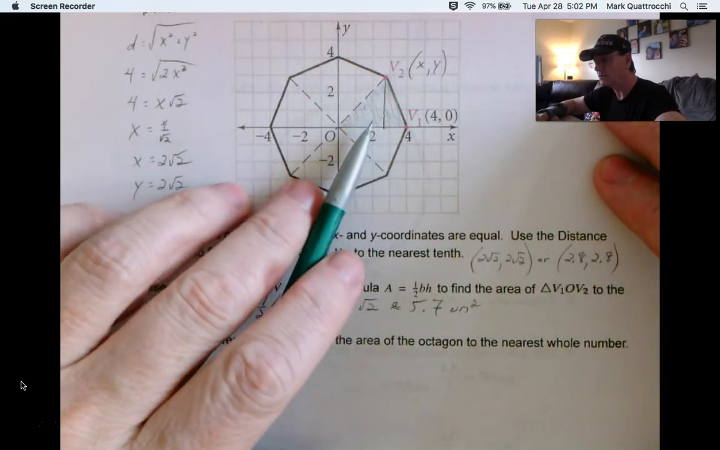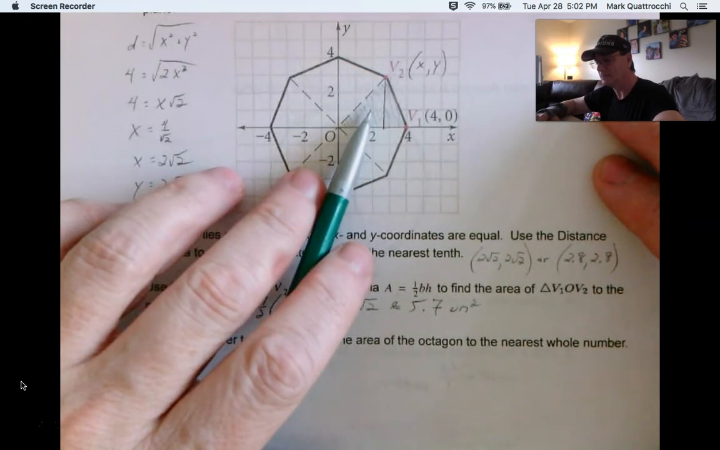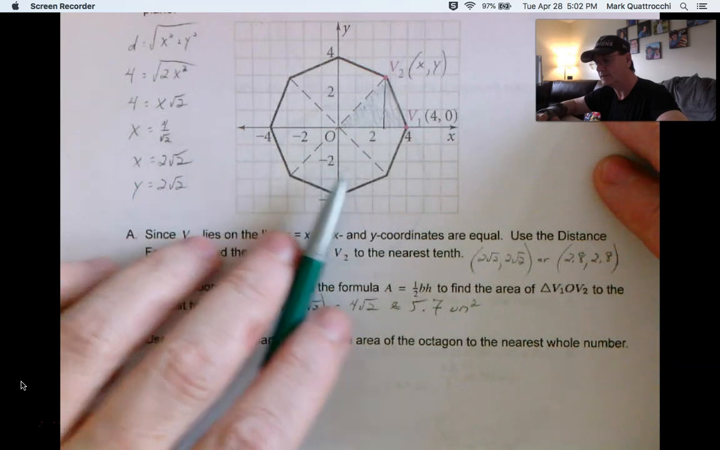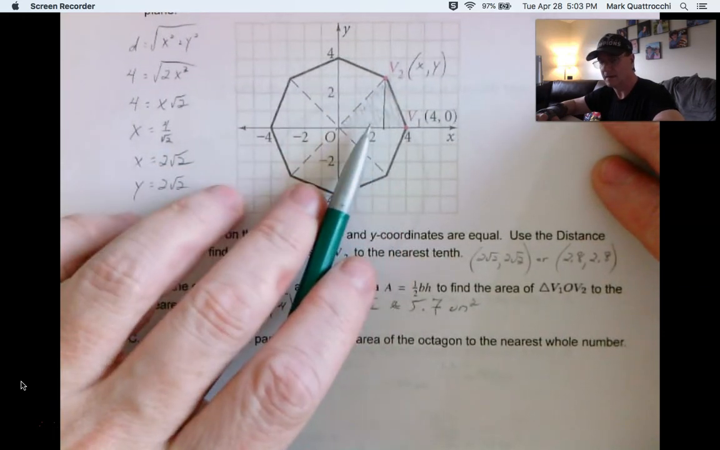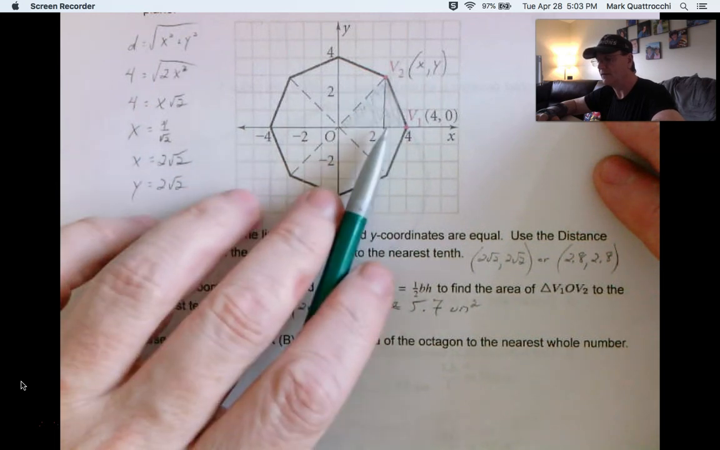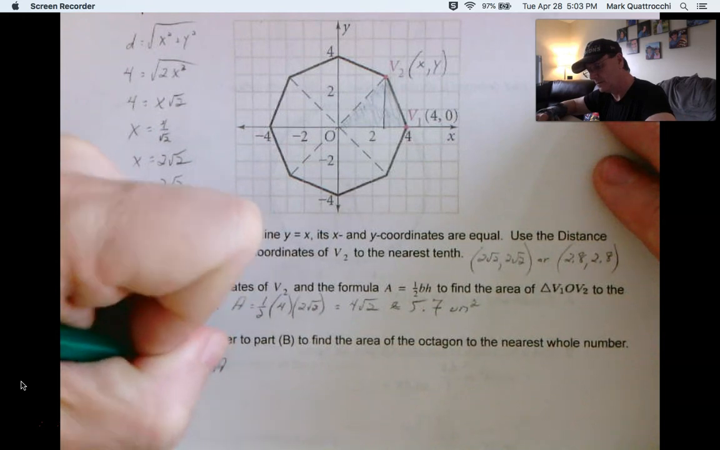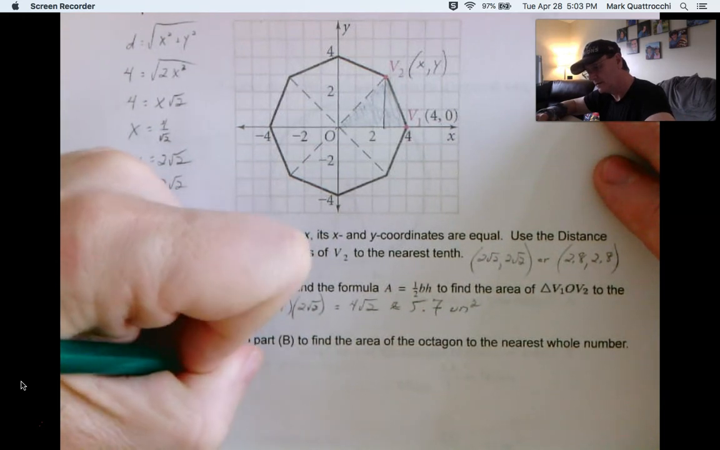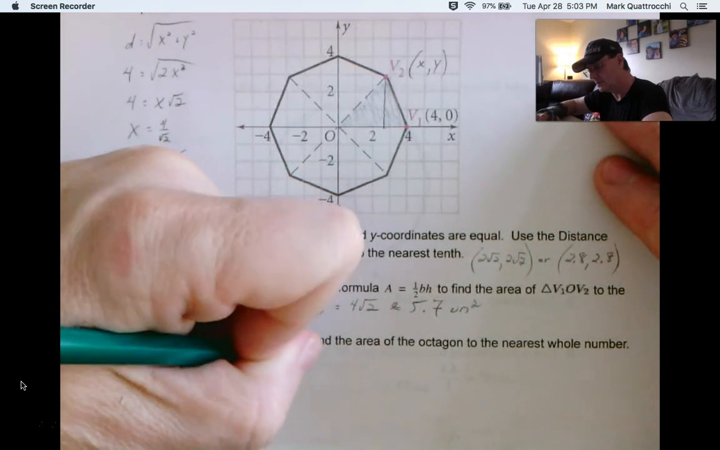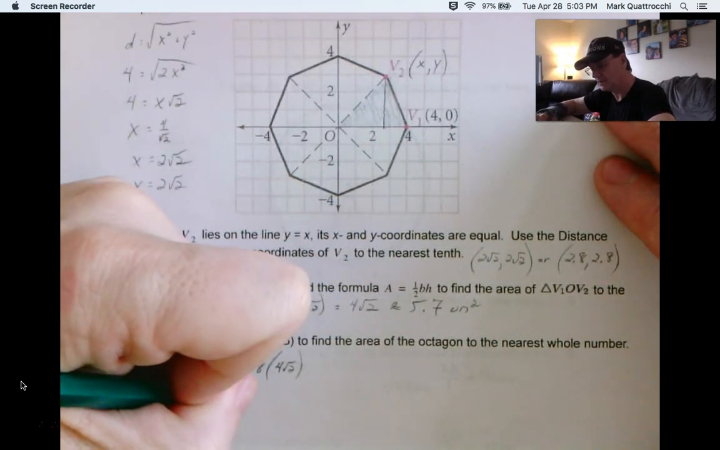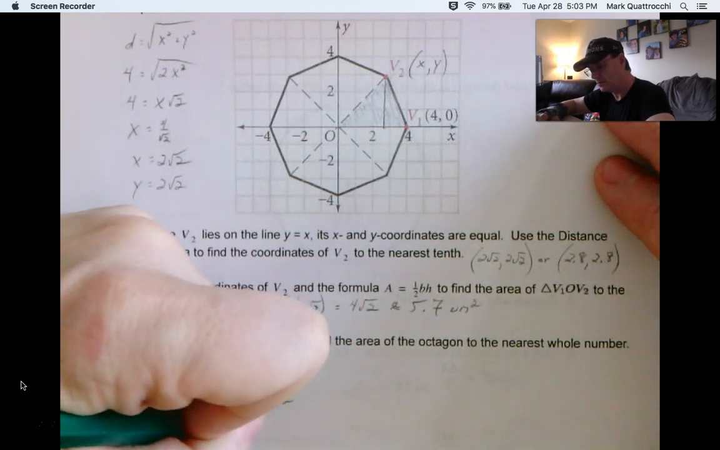Well, how many of these triangles are there? If it's an octagon, there are 16. 1, 2, 3, 4, 5, 6, 7. I'm sorry, there's 8 of them because this is one side. So there's 8 of these. So times 8, the area of the octagon is equal to 8 times 4 square root 2 times 5.7, 32 square root 2, or approximately